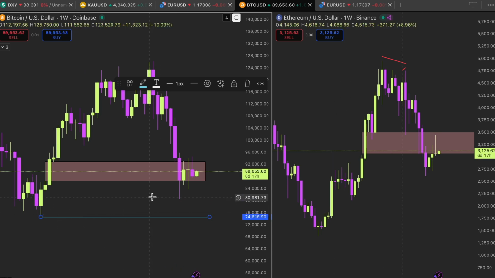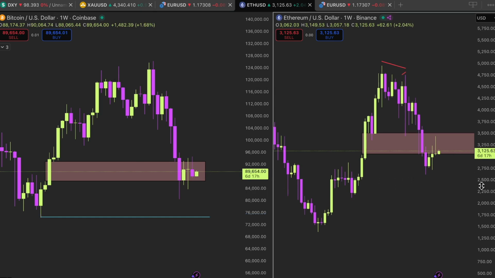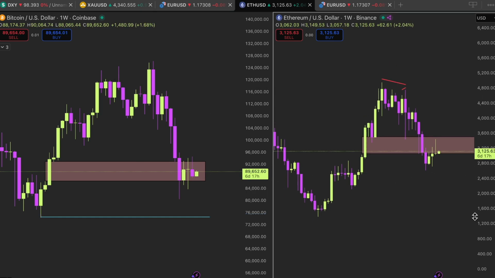Time-wise, it could be happening next week, could be happening the week after, because price is pretty slow, and especially with all the news events coming up and all the holidays coming up, price won't be moving fast, not moving fast for sure. So it's interesting to see with CPI what the numbers will be and what price will be doing.